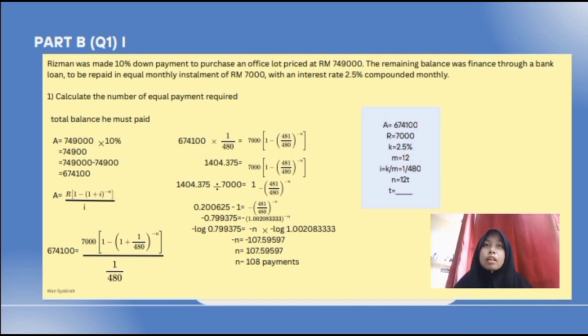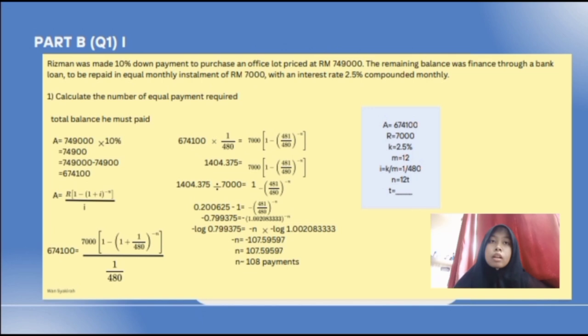We want to find N. Now we use log. So negative log 0.799375 equals negative N times negative log 1.00208333, and then negative log 1.00208333 we bring to the side. So negative log 0.799375 divided by negative log 1.00208333, and then we get negative N equal to negative